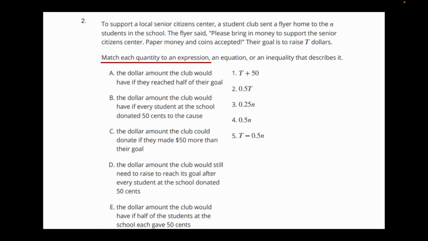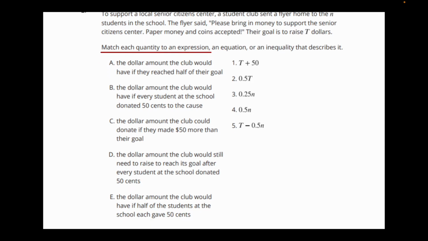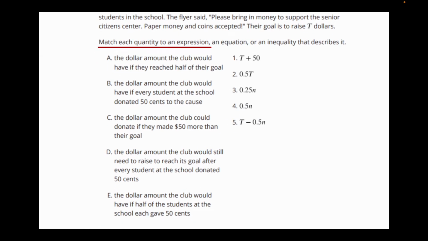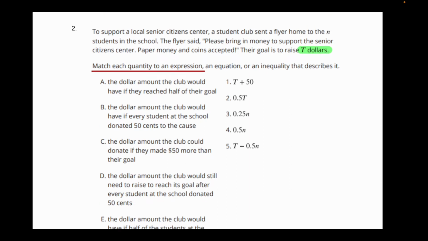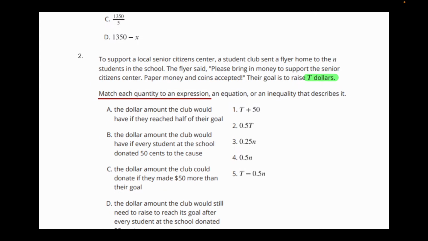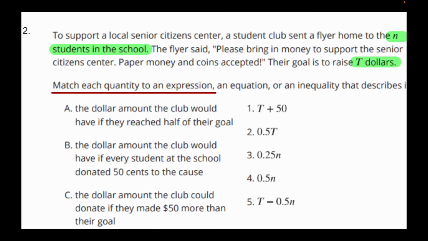So basically, we're going to select something from A, B, C, D, and E and match them all with 1, 2, 3, 4, or 5. So they said T is dollars. I'm going to highlight some important parts here. T is the amount of dollars they're trying to raise total. N is the number of students in the school. Okay. So we're going to read each description and then try to